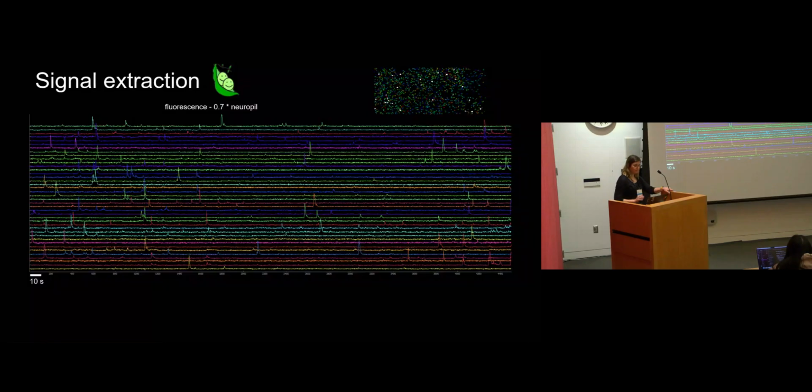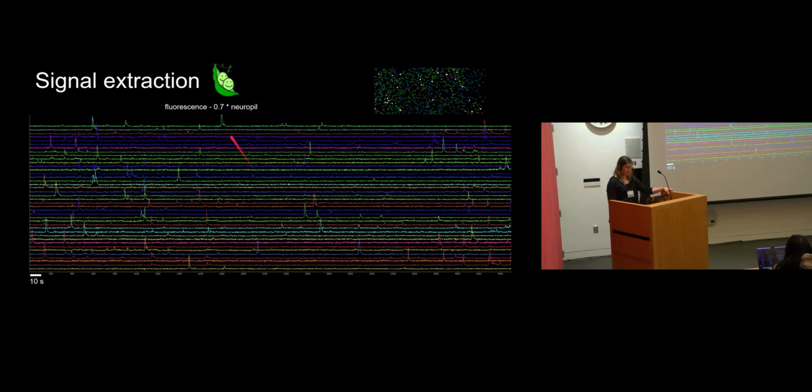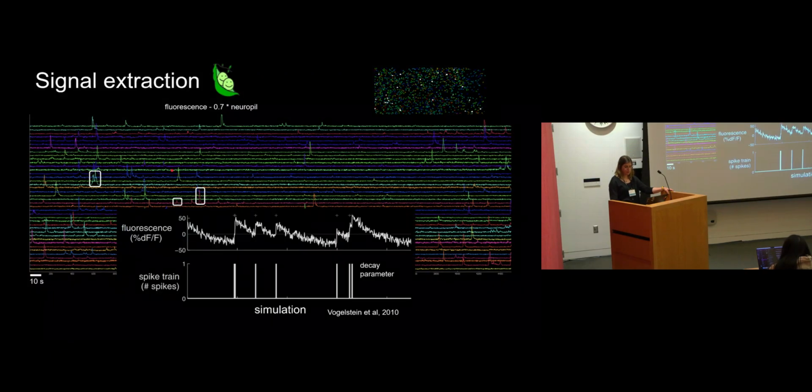Okay. And so then you get your fluorescence signal, you subtract 0.7 times the neuropil, and then you should get traces that hopefully look something like this, where you can see these calcium transients that look like this, for example, for this cell, and then some that even look a little more complicated, like multiple spikes riding on top of each other. And so what we can do with these traces is we can deconvolve them, which basically means,